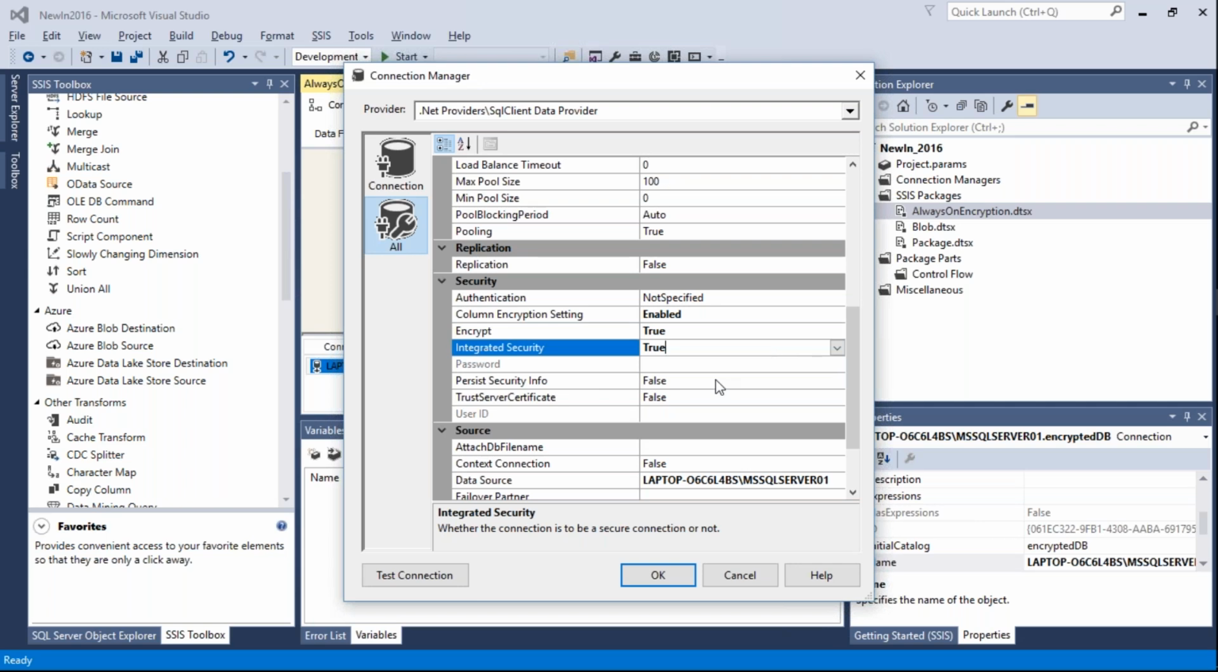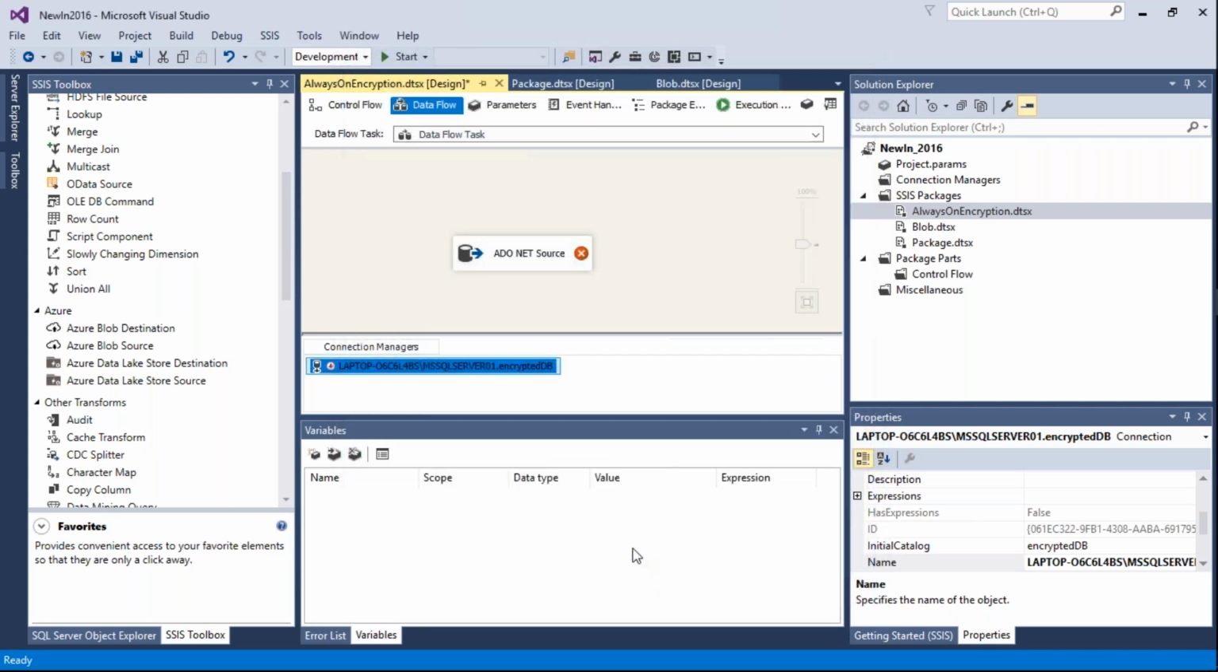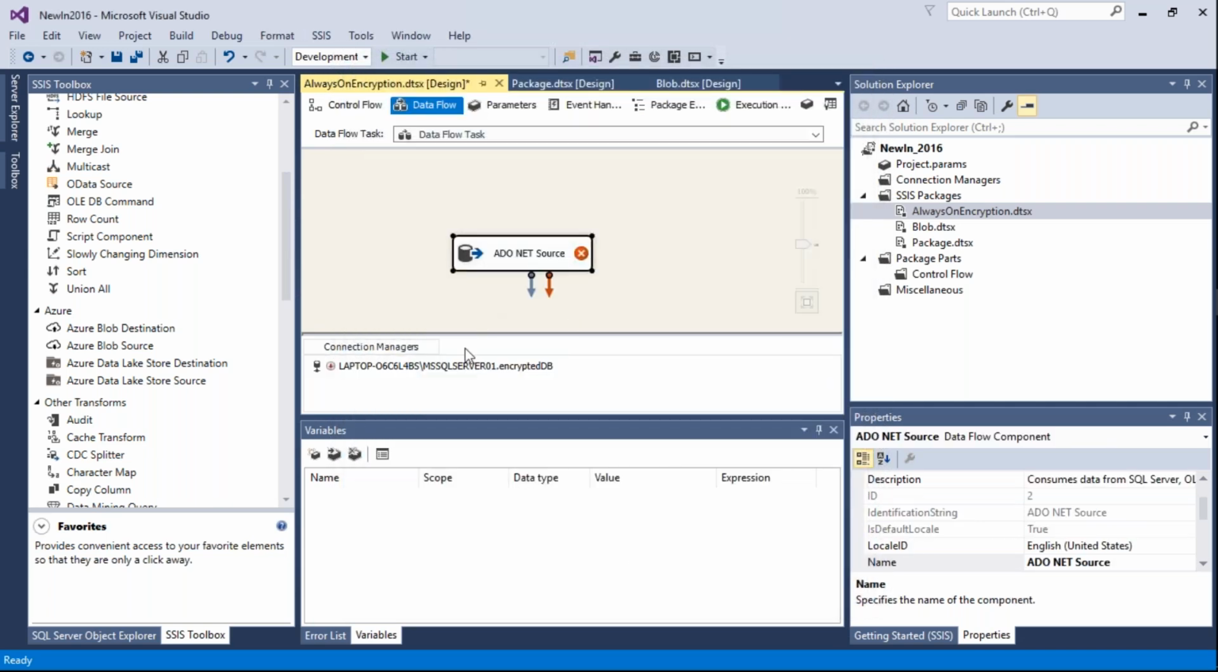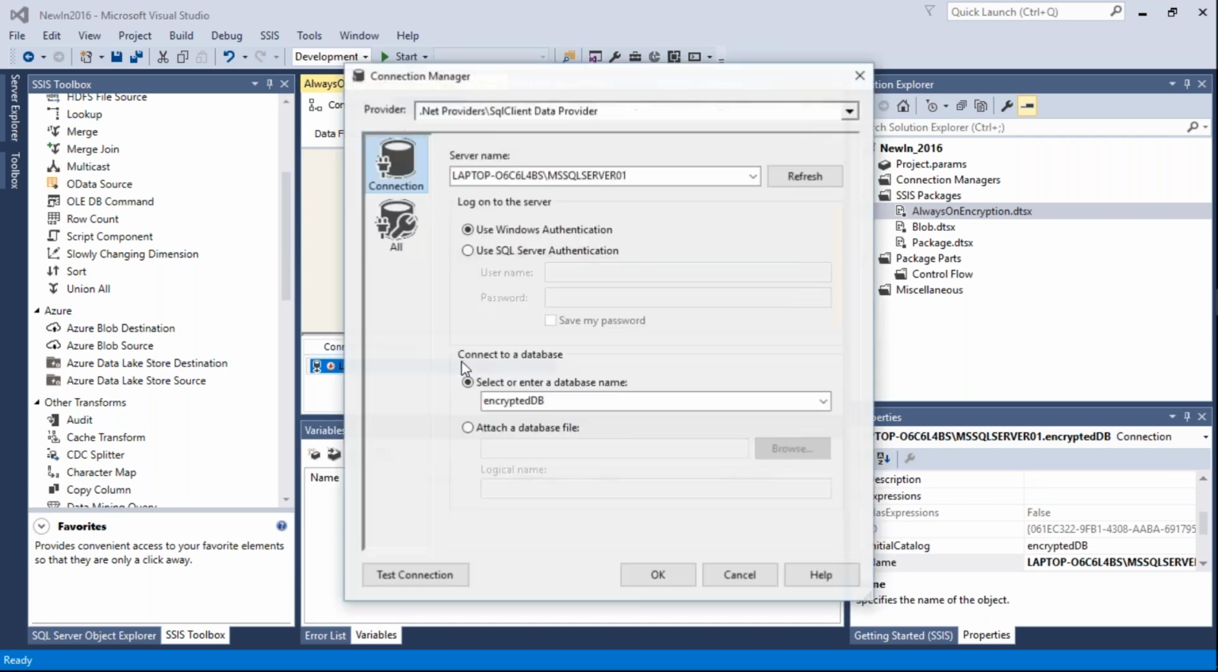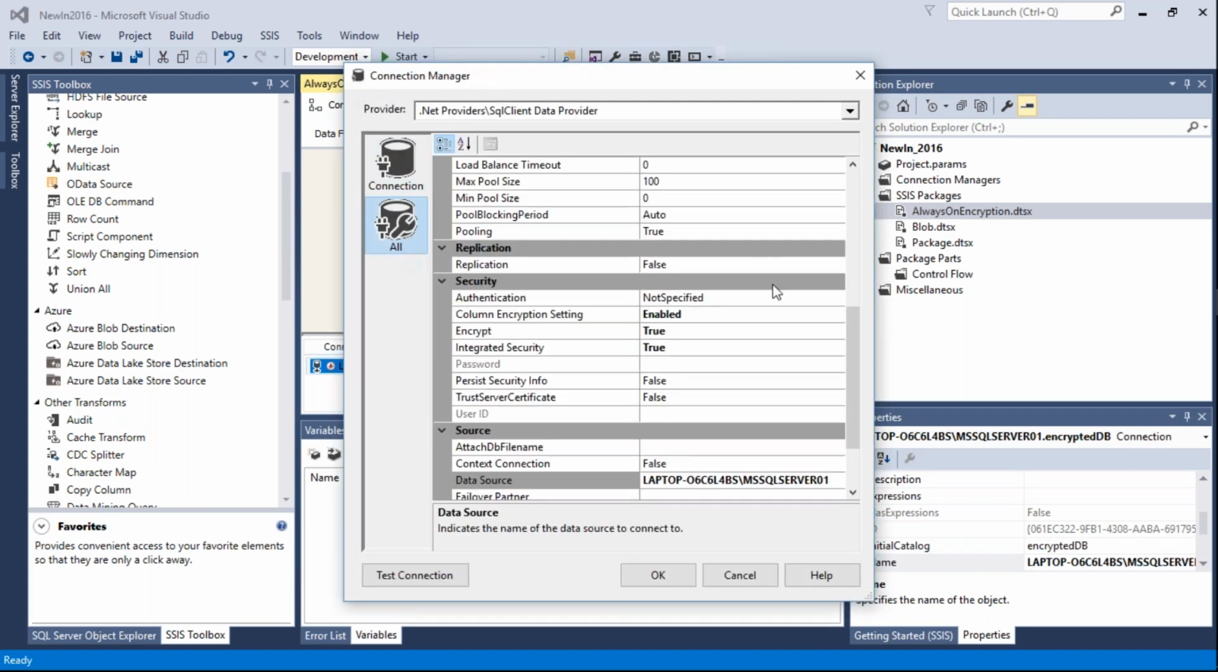Let's say I enabled SSL encryption. I said okay, and right now, my connection is just out of commission. Okay, so remember, column encryption setting is your